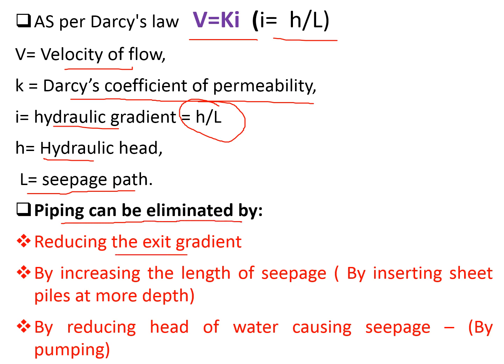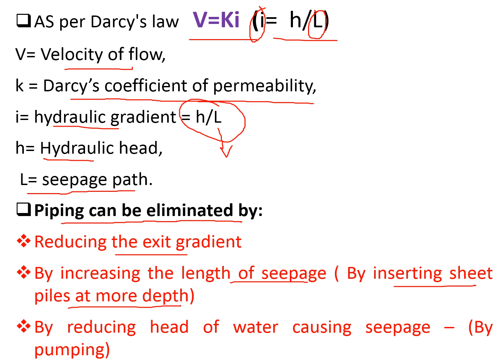क्योंकि हमको exit gradient करना है कम. So if we want to minimize it, there are two options because H and L are the two variables. So by increasing the length of seepage का जो length है उसको बढ़ाओ, तो ये आपका L that is denominator, अगर आप उसको अगर ज़्यादा कर रहे हैं तो आपका हाइड्रोलिक ग्रेडियंट हो जाएगा कम. So how can you increase the length of seepage? By inserting the sheet piles at more depth, so that will increase your L and